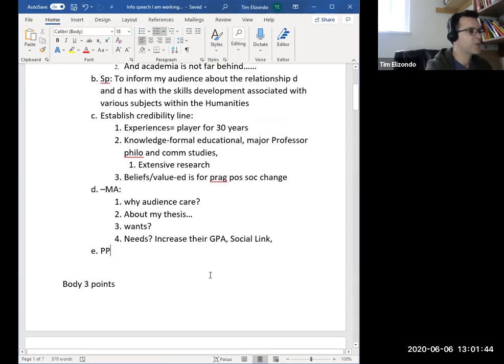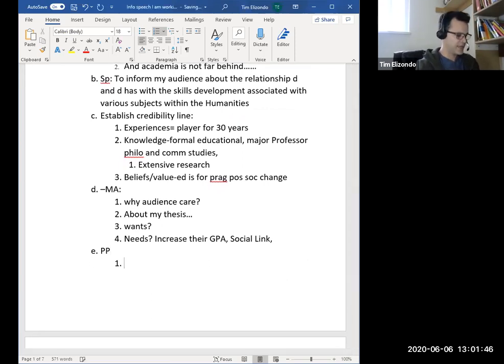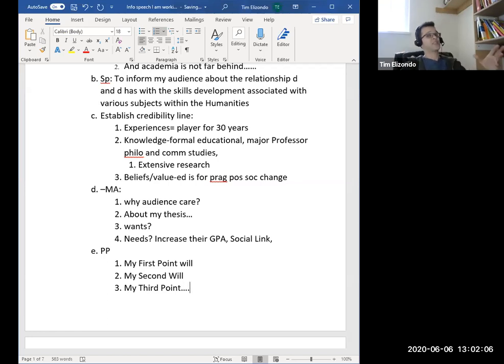All right, and then here in the preview of points, I want to have 3 sentences. My first point will, okay, my second point will, and my third point. And I'm actually going to say the word points in my speech because I understand that Elizondo is a structure nerd. And so I'm going to say that in my speech so that Elizondo clearly hears what I'm saying. So at the bottom of my introduction, I'm going to say, my first point will,